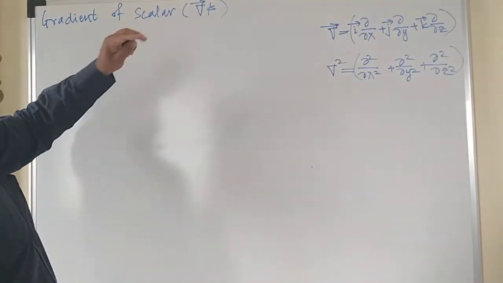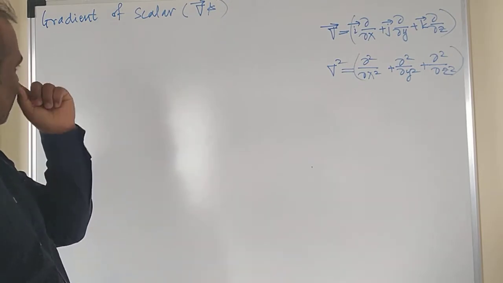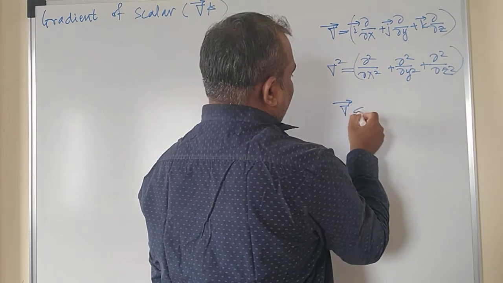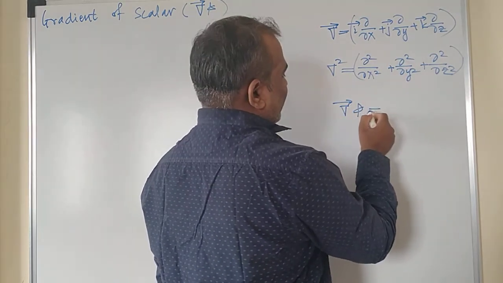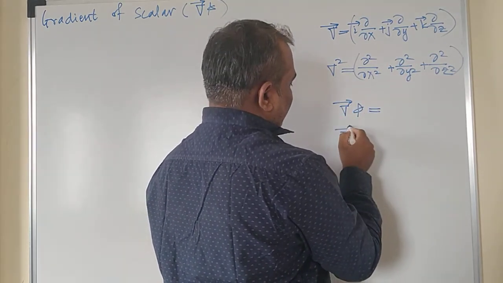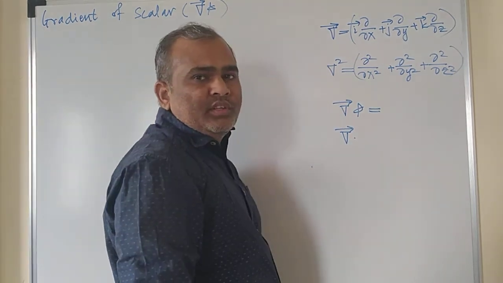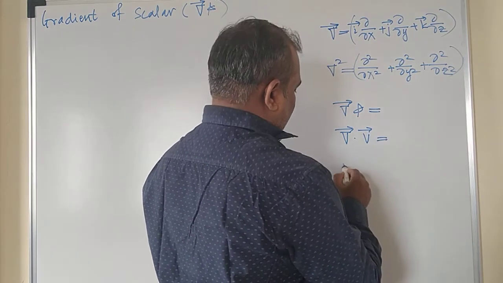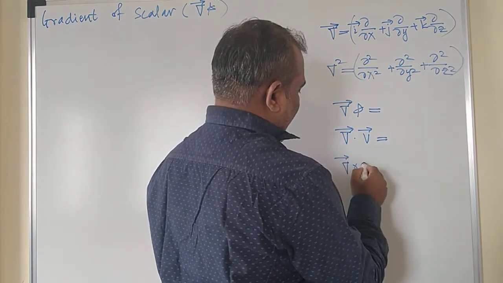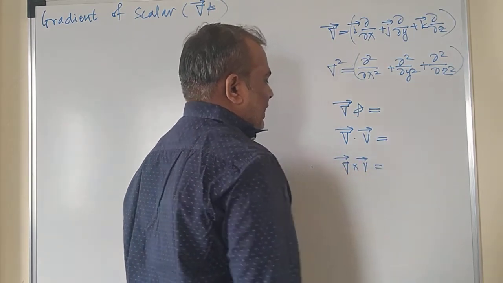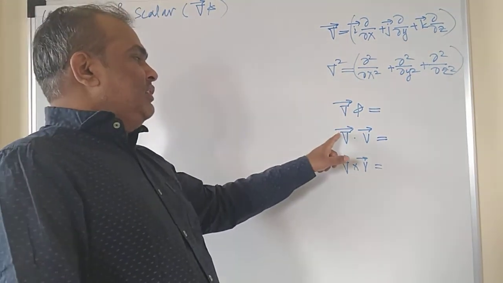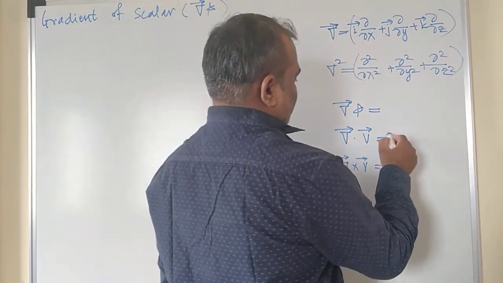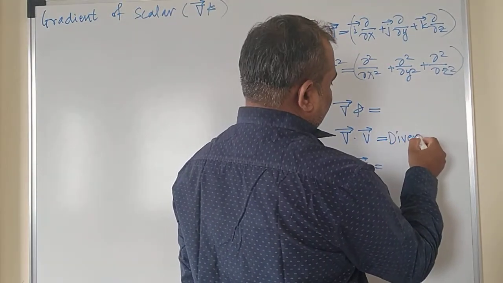Now what is the gradient of the scalar? Apart from this, we also considered three cases yesterday. That is del phi, which is called grad phi or gradient of the function. The second is a dot product of the differential operator with the vector point function, and the third is the cross product of this with the vector point function, right? If you take the dot product of the differential operator with the vector point function, then this is called a divergence. This also we studied yesterday.